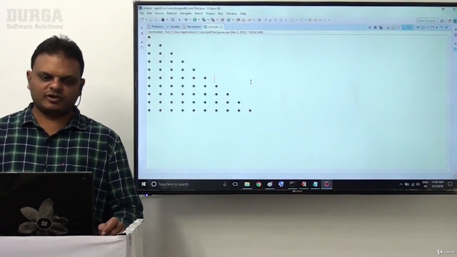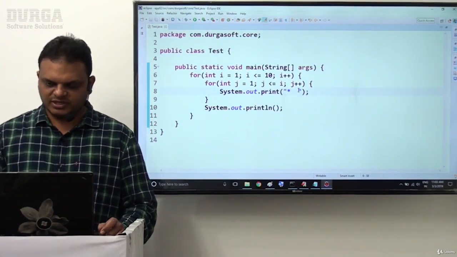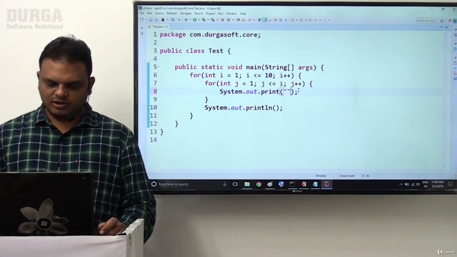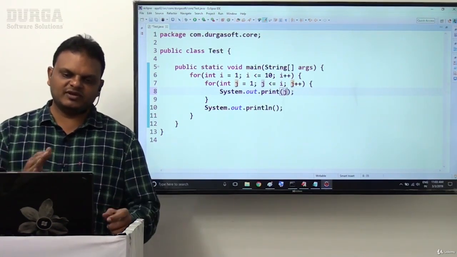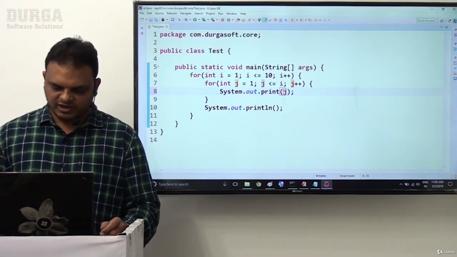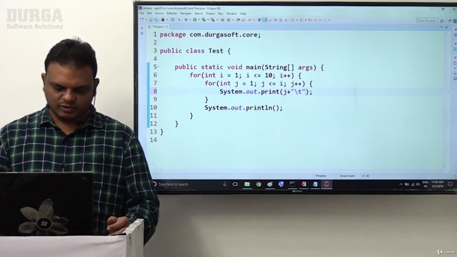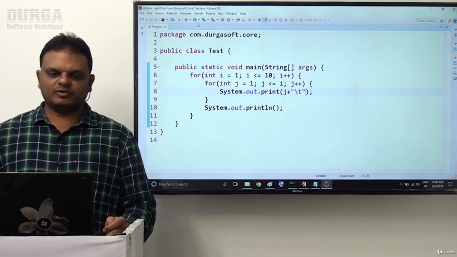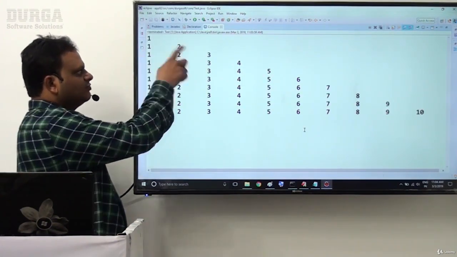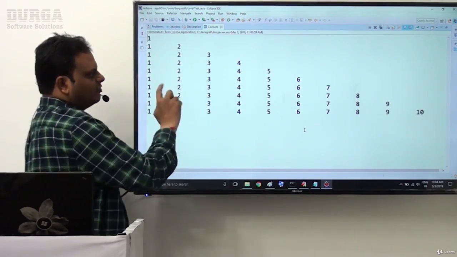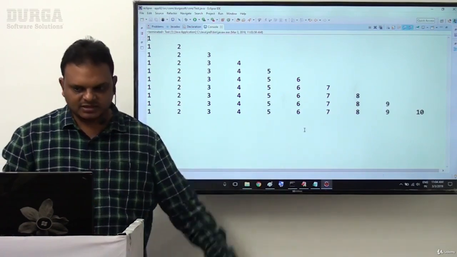That is my requirement. So in the same pattern, we want to display the numbers. For this purpose, what we have to do is, in place of this star representation, display the J value directly. For every I value, the J values are repeated, so we have to display the J value, and provide a space also, using a tab or space. If we provide space, we are able to get output with spaces. Observe carefully: 1; 1, 2; 1, 2, 3; and so on, up to 1, 2, 3, 4, 5, 6, 7, 8, 9, 10.